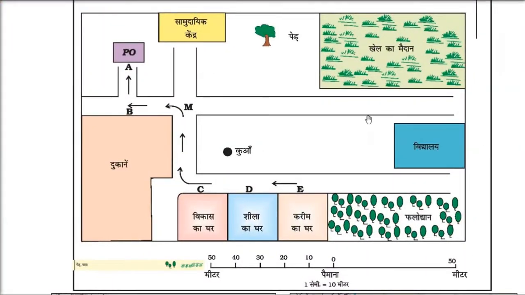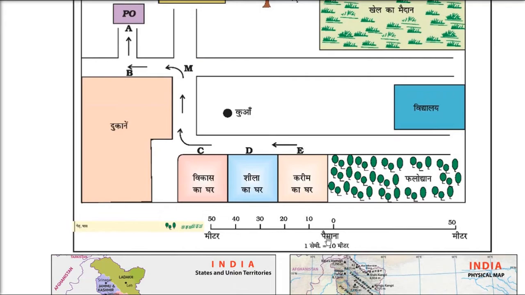So how does this map look? What are the factors? What are the elements? The first thing is that if you are living here, you know that this is a playground. And the person who doesn't know this, if you put this paper in front of him, he will know that, okay, this is the khel ka maidan, or this is the place where you play. This is your house. This is a school.